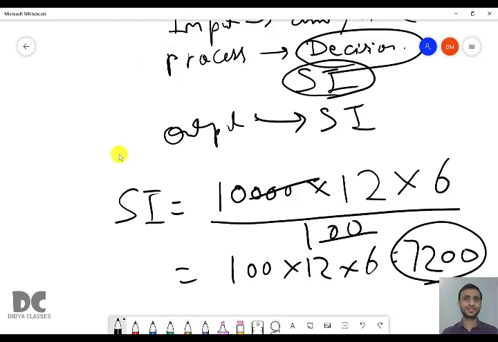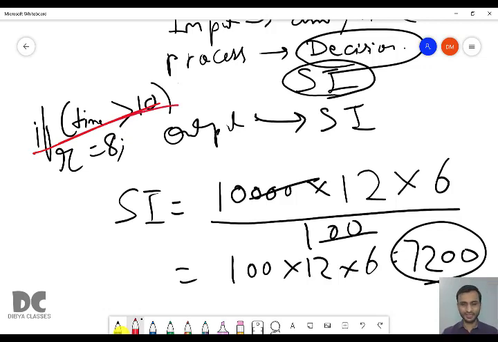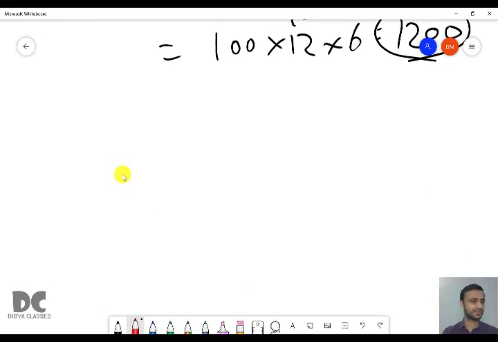So now our job is to understand how to create test expressions from sentences. Like in this case, it was written, if the time is more than 10, then rate is 8. So you have to understand the sentence. Everything is given in the sentence. You have to convert this English sentence into expressions like this. In all the programs, you will find English sentences and you have to convert them into test expressions. Let us solve another question and see what it is asking. So we'll solve question number 12 this time.